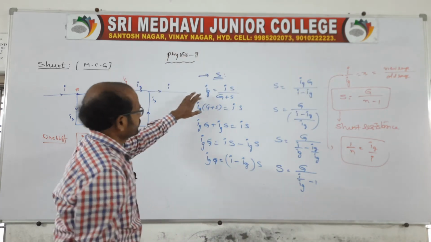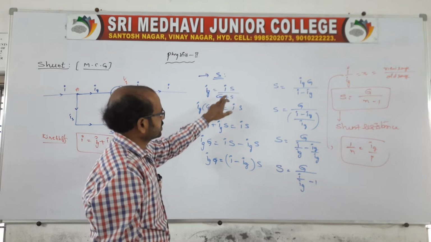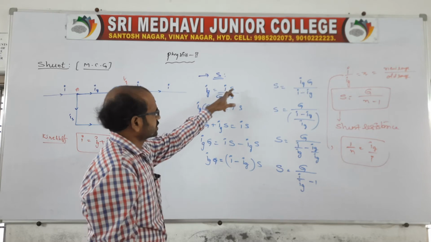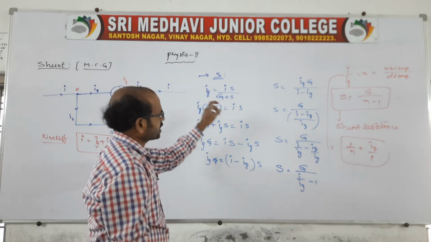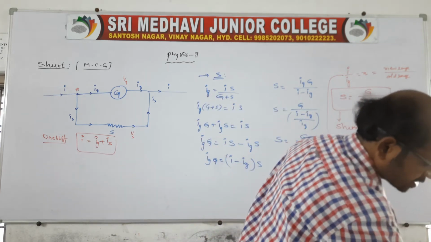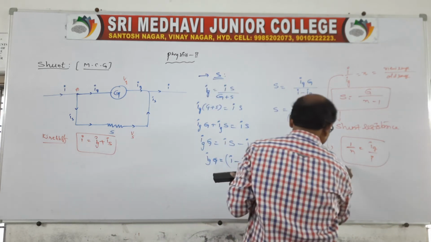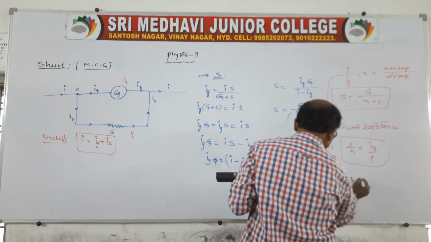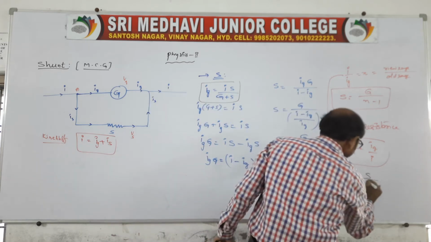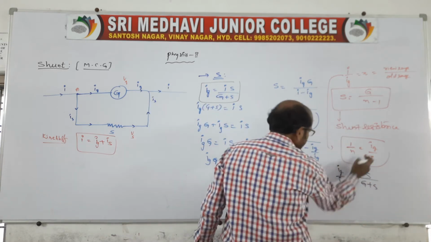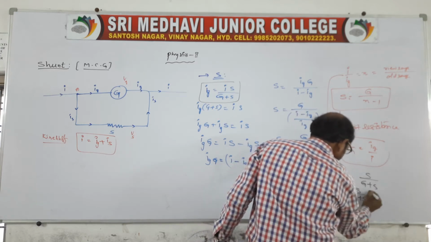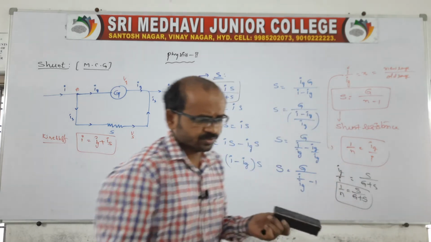Here we can also say, from this expression, Ig is equal to I into S by G plus S. Bringing it across, Ig by I is equal to S by G plus S. And Ig by I is nothing but 1 by n. So 1 by n is equal to S by G plus S. This is related to the galvanometer.